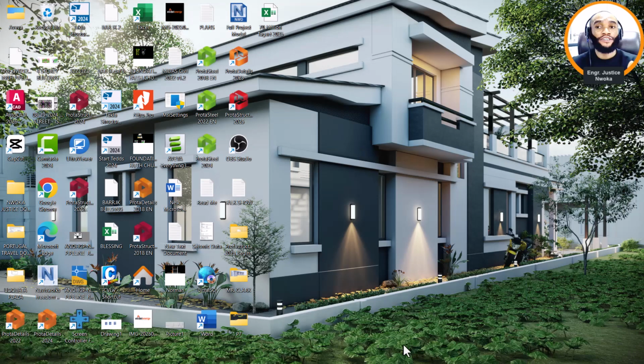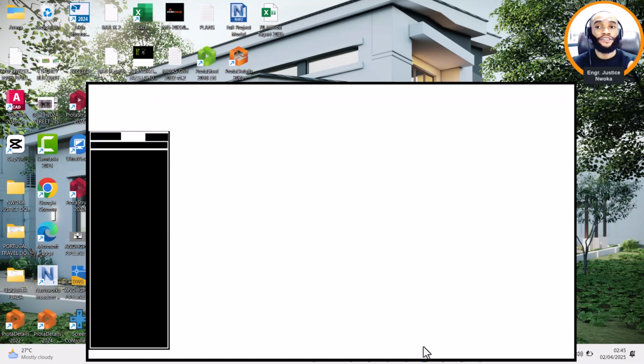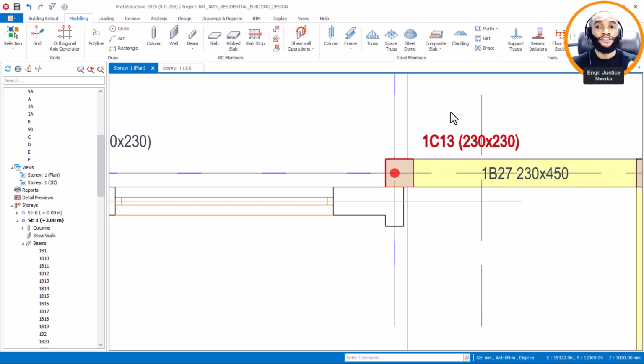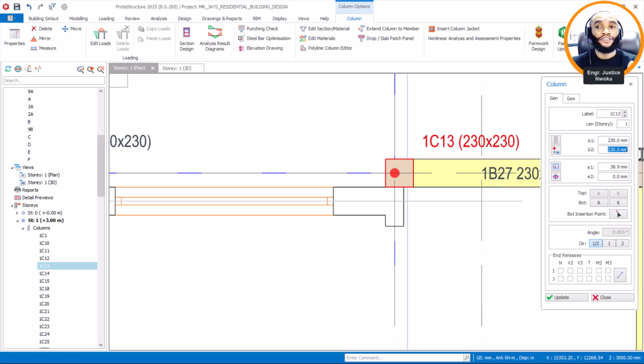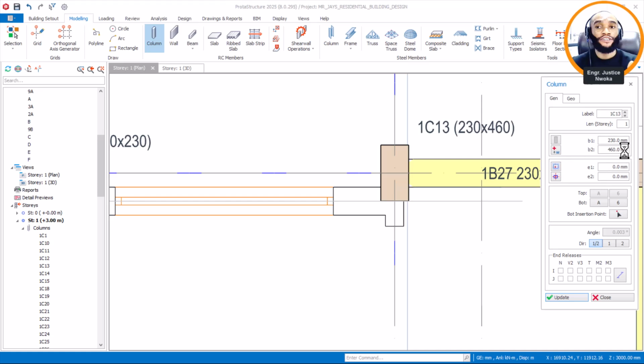So I'll come now, minimize this right now. Then come here on this software. Click on this, right, come here and then properties, then come and adjust this. B now becomes what? 460. Sorry, 460. Then update. Let's see first what's gonna happen here. That's fine. I'll now come now and then say this here is 114 minus